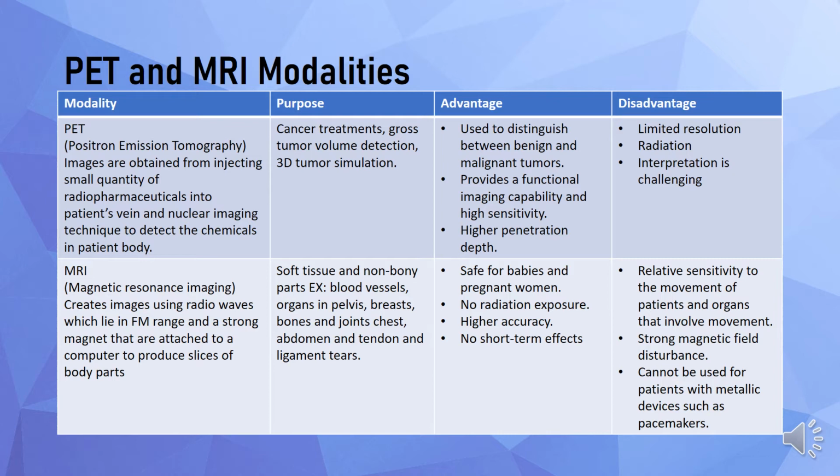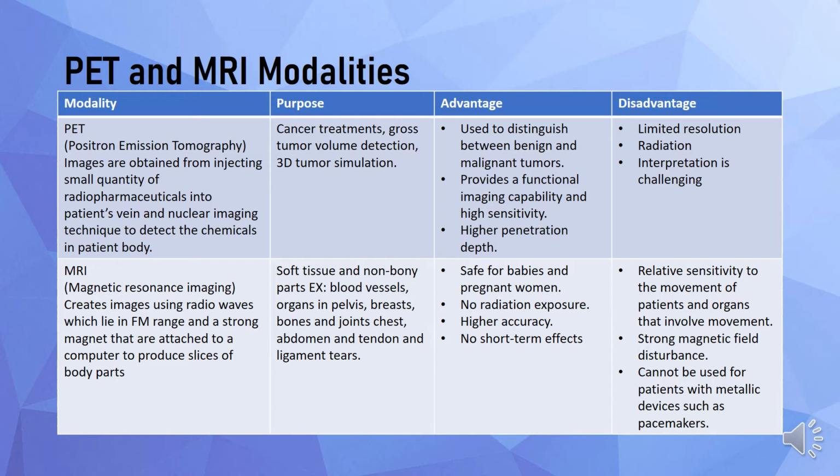There are different modalities in medical image scan: PET, MRI, X-rays, and whatnot. But in this paper, we are going to focus on the PET and MRI modalities. PET is an image obtained from injecting a small quantity of radiopharmaceutical into the patient's veins, and nuclear imaging techniques to detect the chemicals in the patient's body. Normally, that is used for cancer diagnosis and growth,